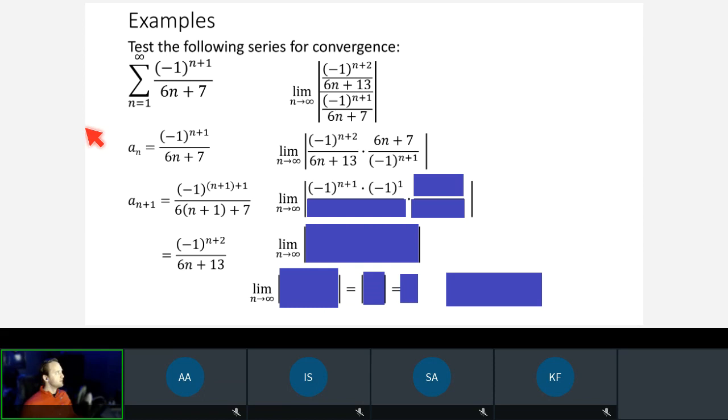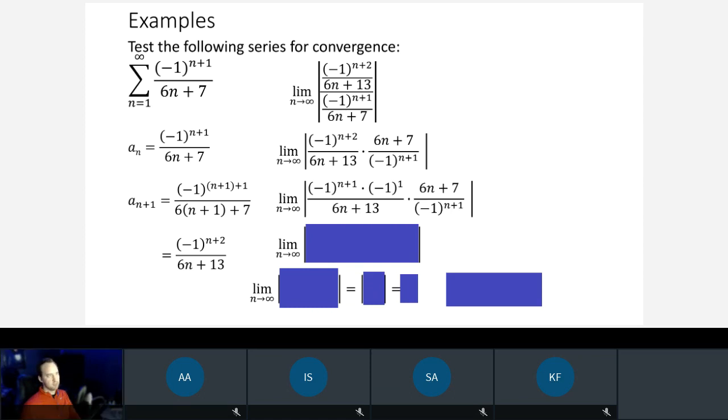Okay, so let's look at what else. Let's look at 6n plus 13, 6n plus 7. Can we factor this anymore to make a match? Yeah, nope. We can't factor. Nice job. No, we cannot factor those further. They are already fully factored. So those don't change. I don't have to do anything with this